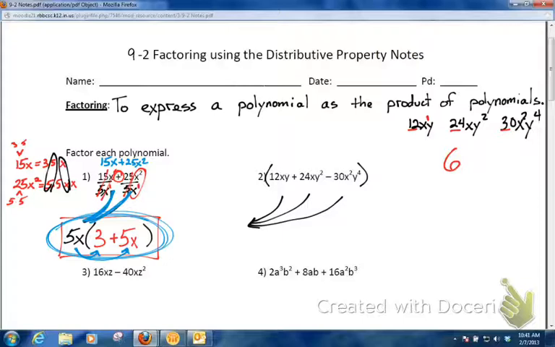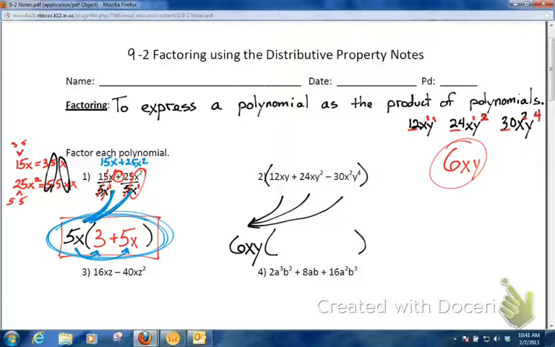And then I look here and I say, first term has one x, the next one has a single x, and the last one has two x's, that means they all have at least one x in common. The first one has a single y, the second one has two y's, the third one has four y's, but how many do they all have in common? Well, they all only have that one. They all have at least one in common, so my GCF is 6x. Or, sorry, 6xy. So I'm going to factor that 6xy out, and then I'm going to leave my parentheses here